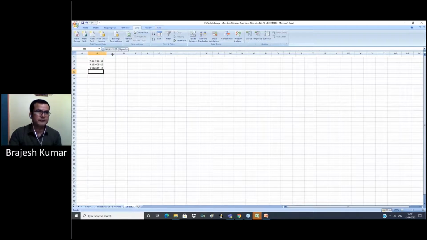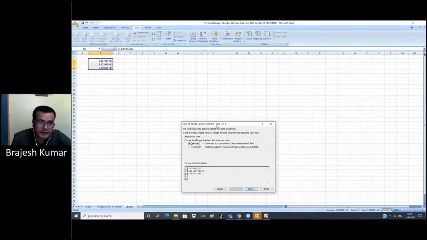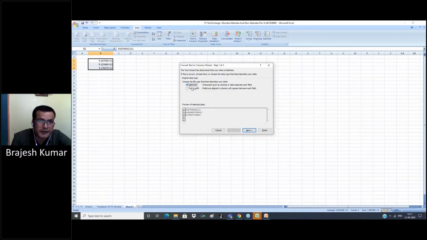Now we have the country code and number in the same column. Now we want to separate this 91 from this number. For this we use text to column. There are two options: delimited and fixed width. We select fixed width. Now select next.